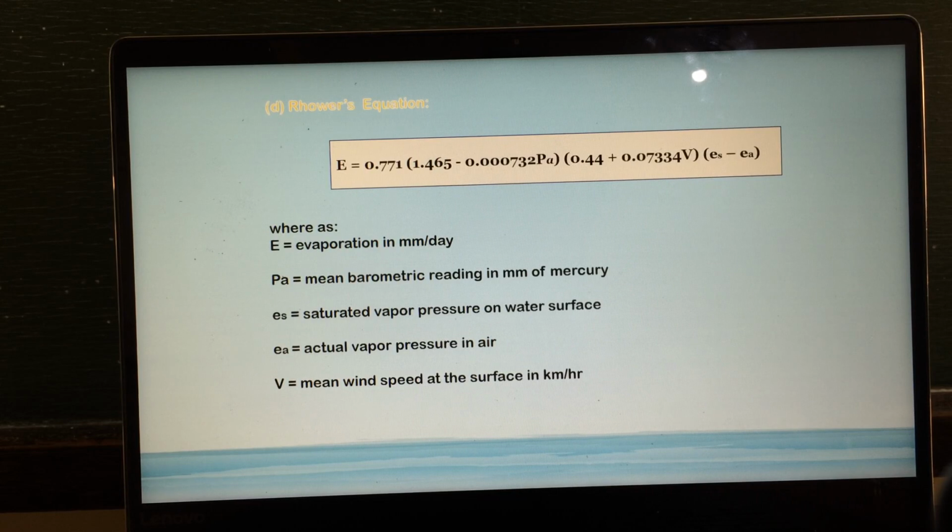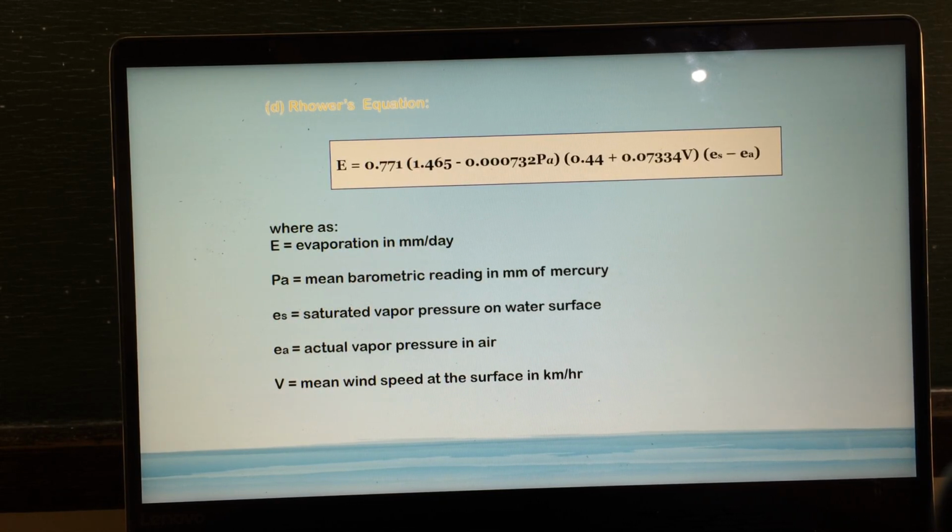Next equation is D, the Rohwer's equation. Rohwer's equation with the formula of E is equals to 0.771 times the quantity of 1.465 minus 0.000732 P sub A times the quantity of 0.44 plus 0.07334 times V times the quantity of E sub S minus E sub A, whereas E is equivalent to evaporation in millimeter per